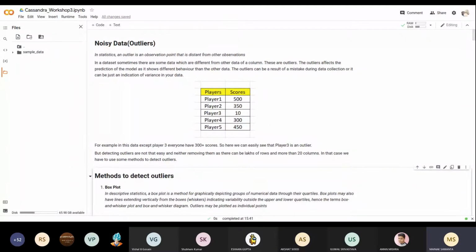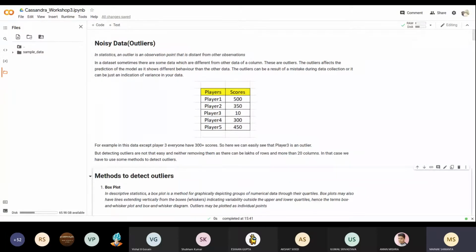Outliers generally arise when there is some mistake while collecting the data, or a typing mistake or anything like that. Outliers reduce your model performance, so for getting better performance, you need to remove them.